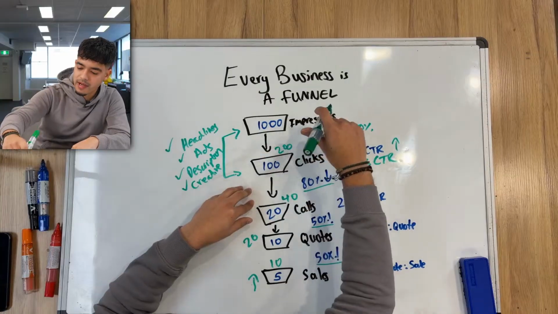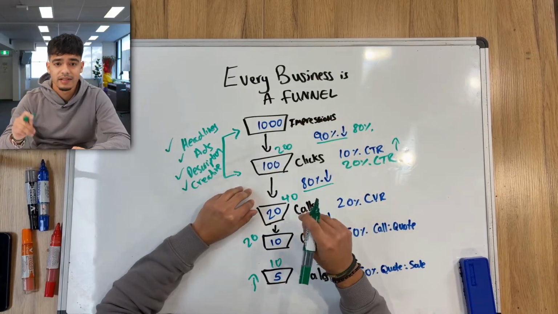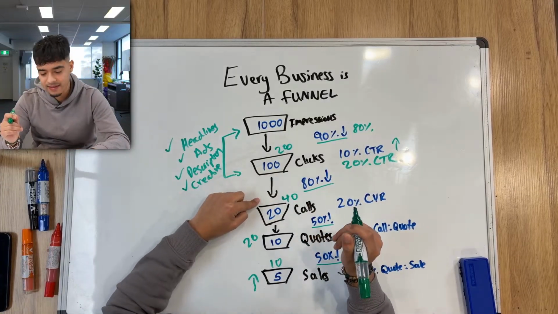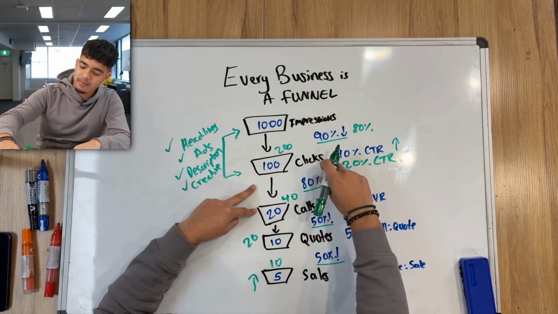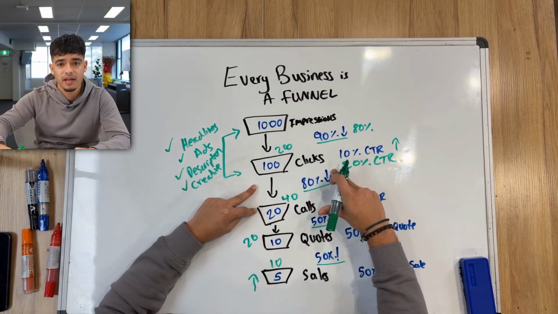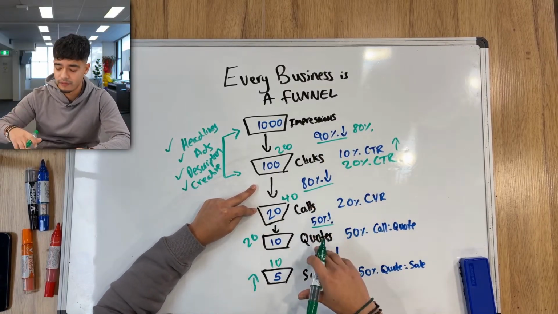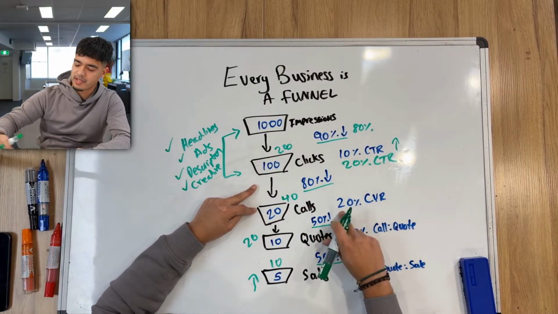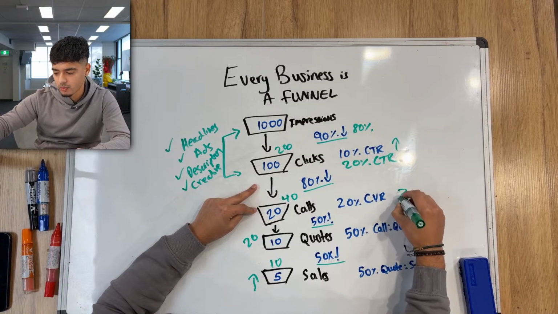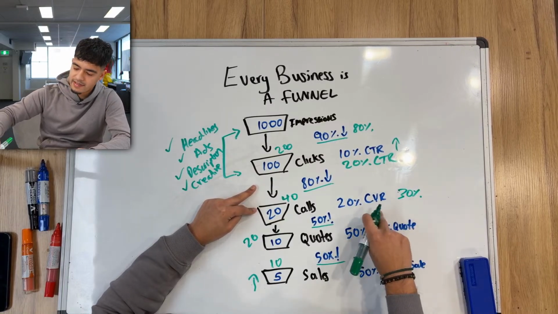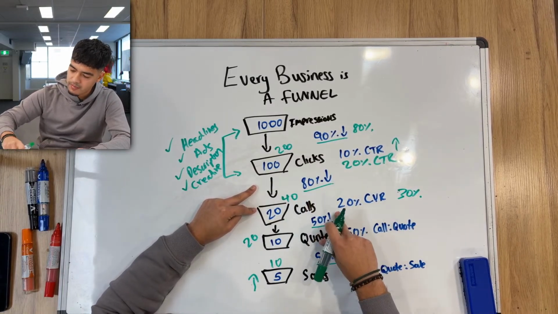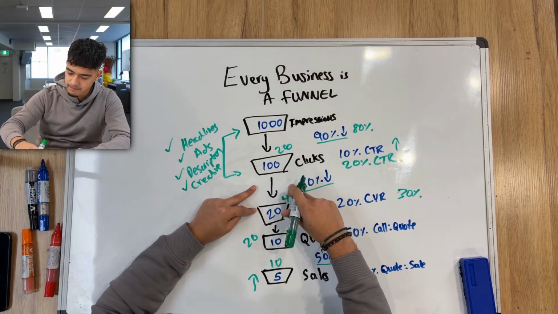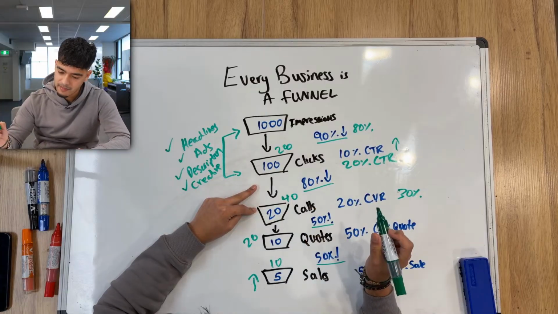So we've optimized your click-through rate for higher clicks. Let's now assume that you can improve the second stage, which is clicks to calls. How many people actually clicked onto your ad or your website and actually converted by giving you a call or filling in the form? At this drop off, it's about 80%, which means it's a 20% conversion rate. On Google Ads, let's assume we can get that to 30%. That's a 50% improvement, which means from those 40 calls, we have approximately, I'm going to have to get my maths right, from those 40 calls,